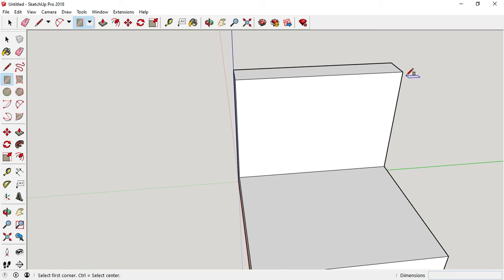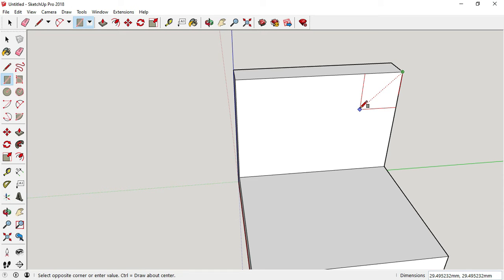Alright, so let's just do this. Just put it at the corner here and then drag it up. As long as you can see that there is a dotted line across the rectangle, it will indicate that it is actually a square. If you look at the bottom right side of your screen,